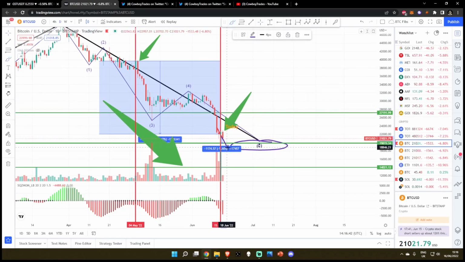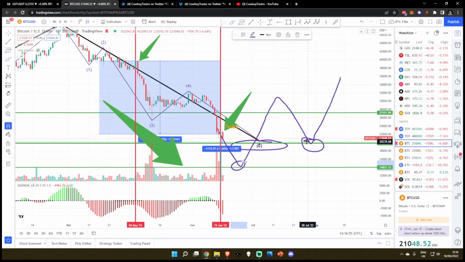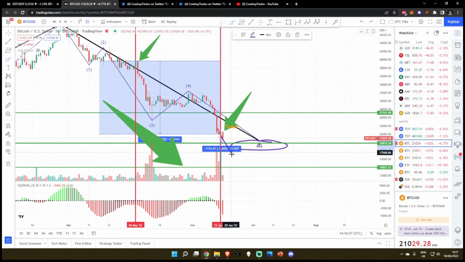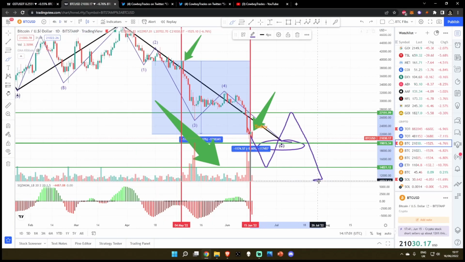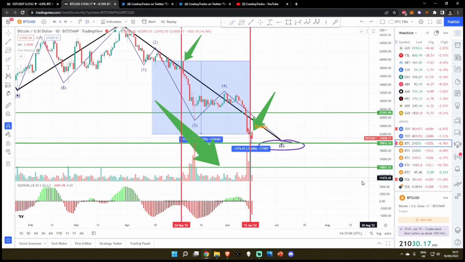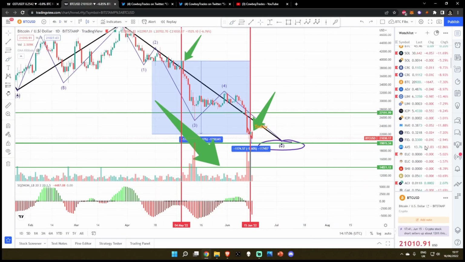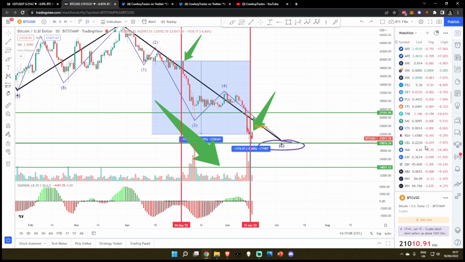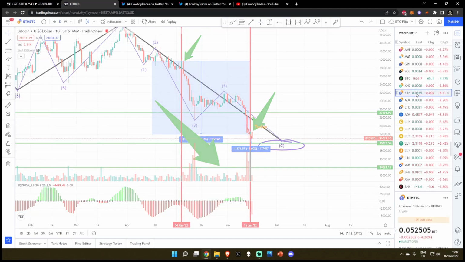Bitcoin always does something like this, where it has its low, it comes up for a massive bounce. Altcoins outperform Bitcoin for a couple of weeks to a month or so, and then Bitcoin comes down and makes a higher low. And while Bitcoin's making that higher low, what the altcoins actually do is something like this. They have their bounce and then they come down for a lower low, and they normally capitulate sideways for a prolonged period of time. Once again, if you're a seasoned veteran to my channel, you would have been very privy to that information anyway. However, I will just show you one quick example.